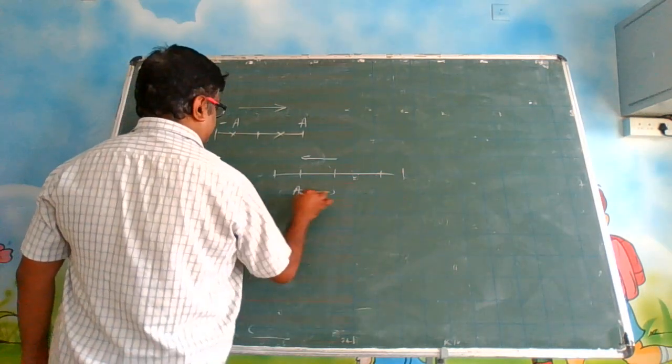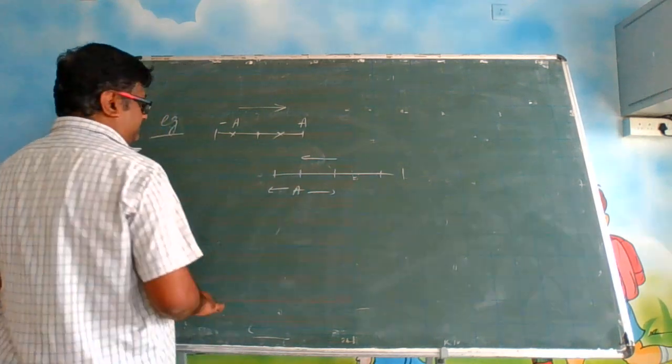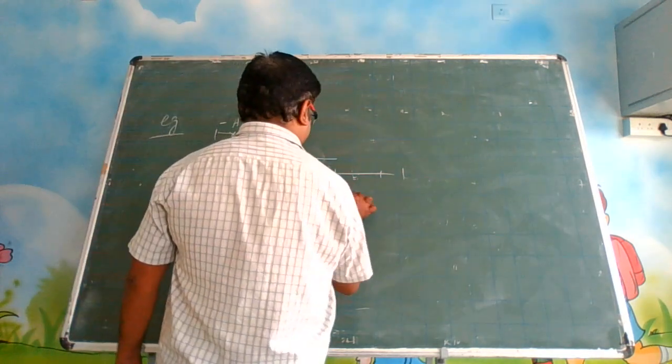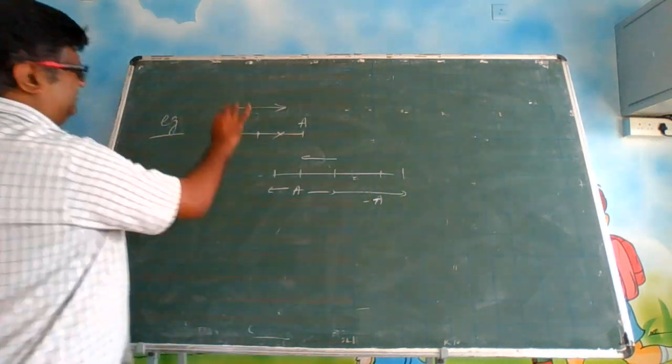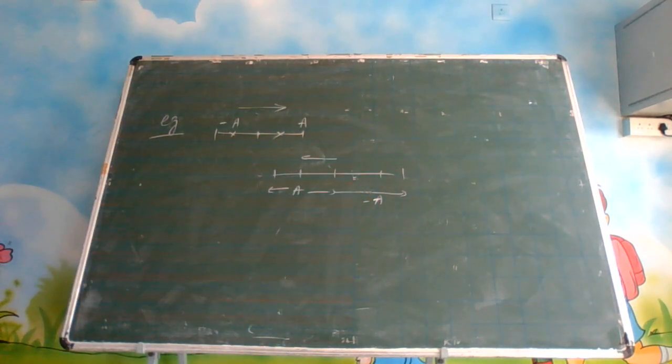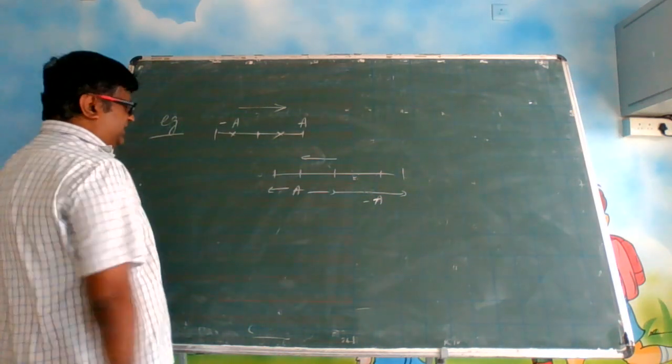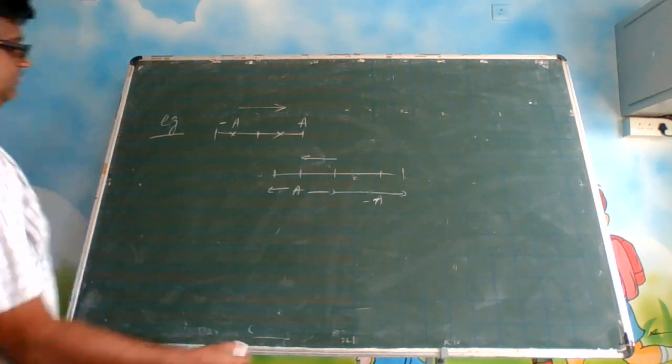So this is our A and this is, let us say, minus A. There are two simple harmonic motions happening like this in opposite directions, and the question is to find the